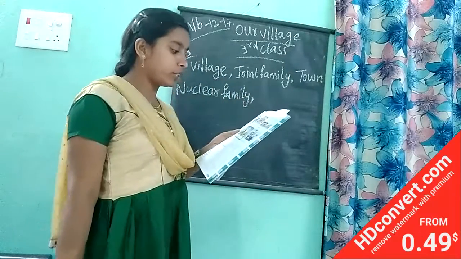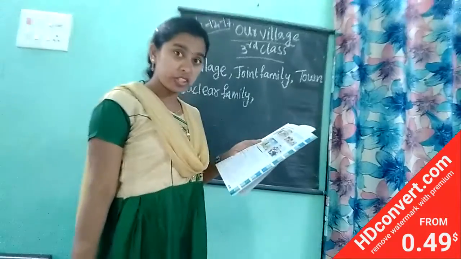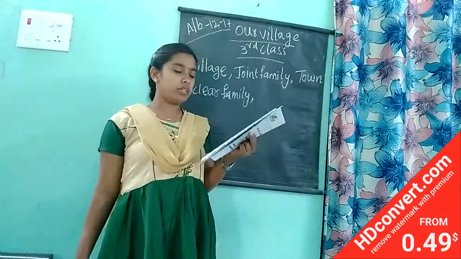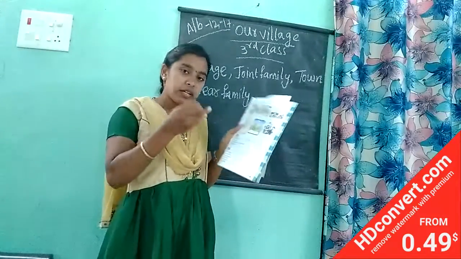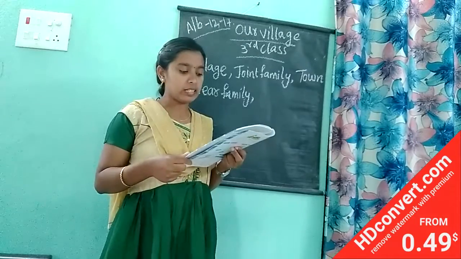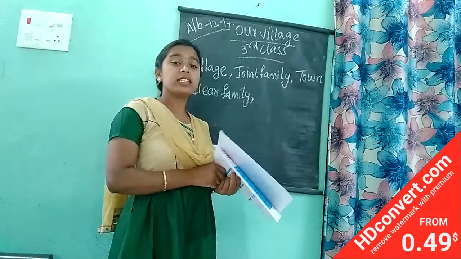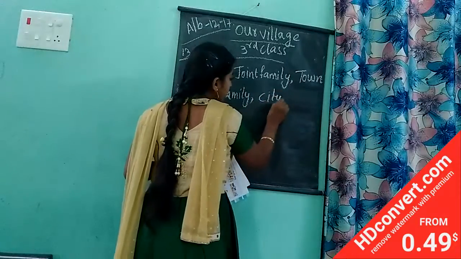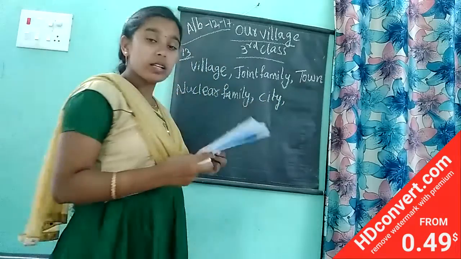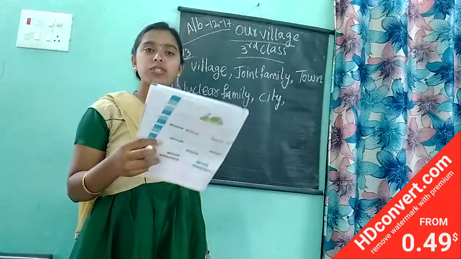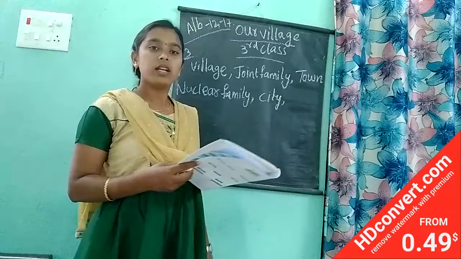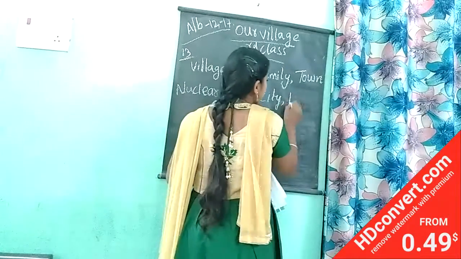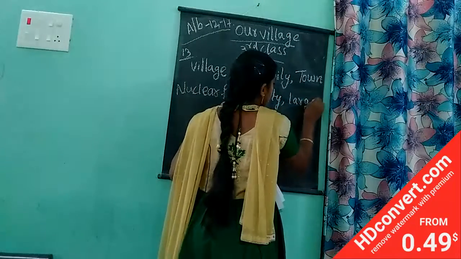And coming to the fifth picture, there were big buildings, so many buildings without any gap. Side by side only, so many buildings are there. So, it is a city. And coming to the last picture, a family with father, mother, grandparents and 2 children. It is called a large family.